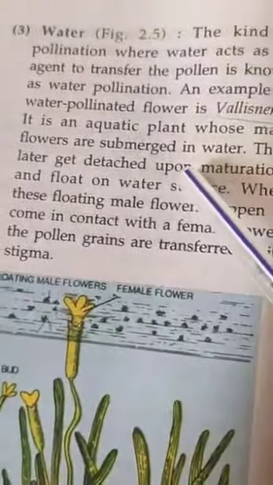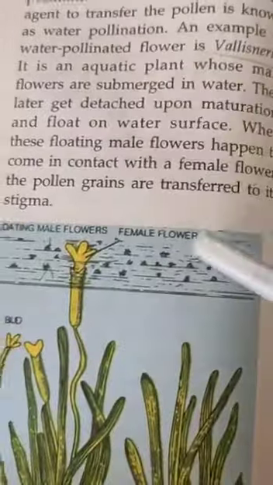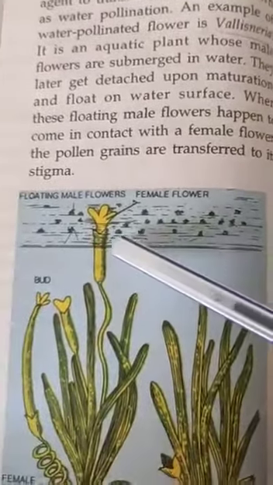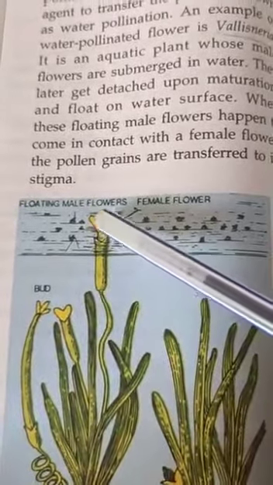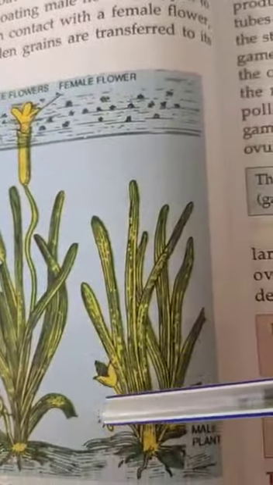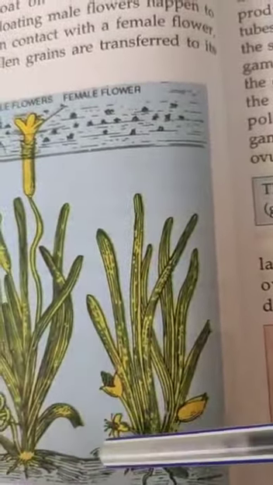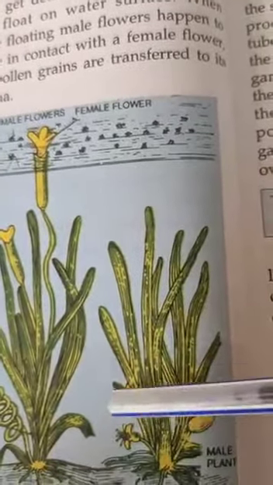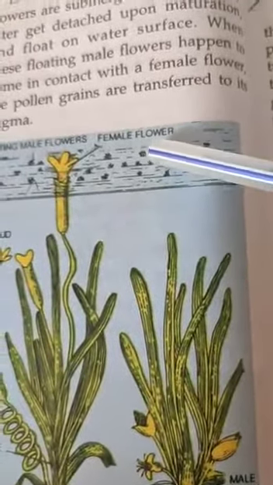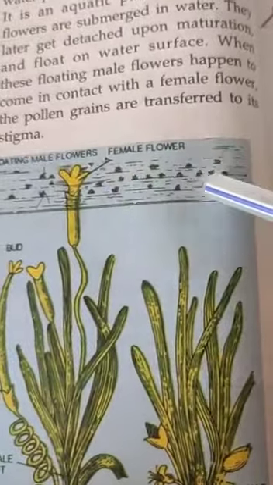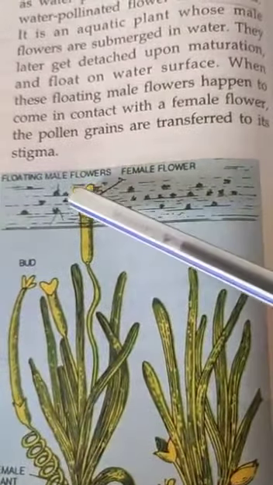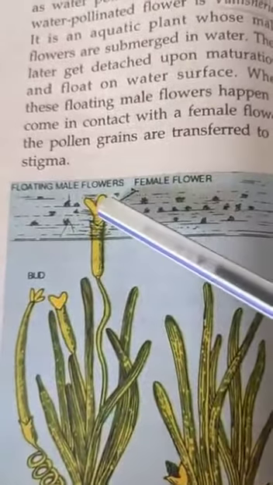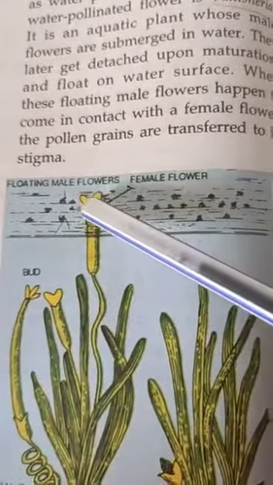The third type of pollination is water pollination. In flowers like Vallisneria, the female flower is mainly present above the water and the male flower is present below the water. When the male flower is fully mature, it moves upward and floats on the surface of the water. When it meets a female flower, the pollen grain is transferred from the male flower to the female flower and